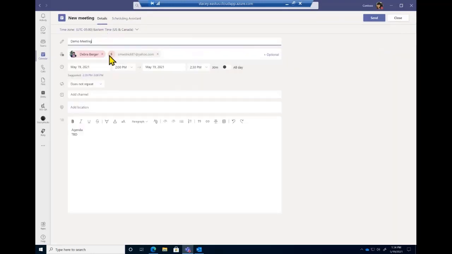for everyone. I will tell you too, if you're a visual person, you probably noticed Deborah's red, and that's because Deborah has something on her calendar at this time. So it will give you suggestions if you do not prefer the Scheduling Assistant. You can click the suggestions, and then of course she goes back to gray because she's free at this time.